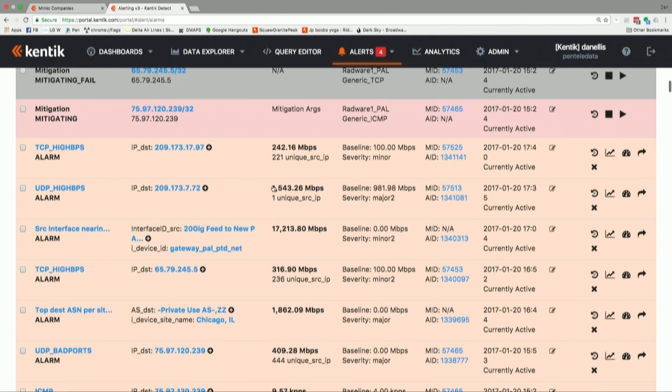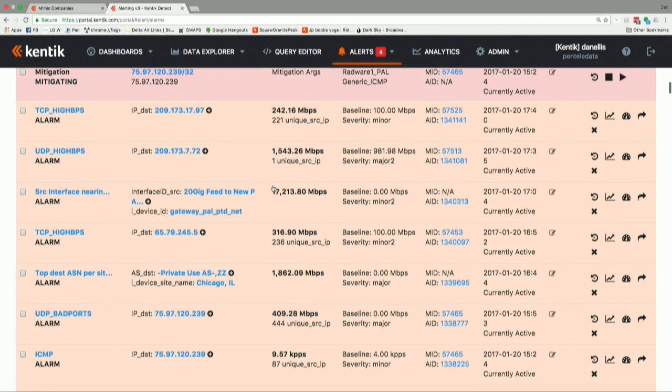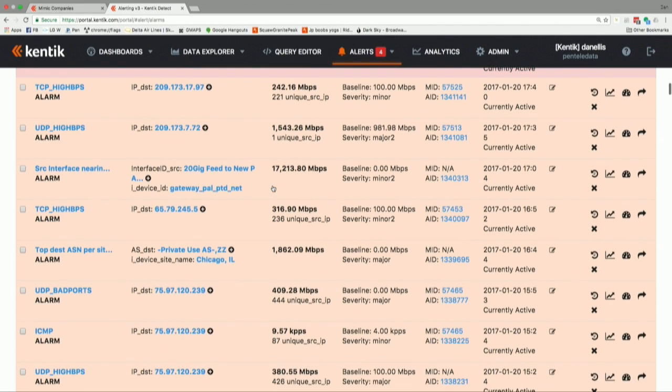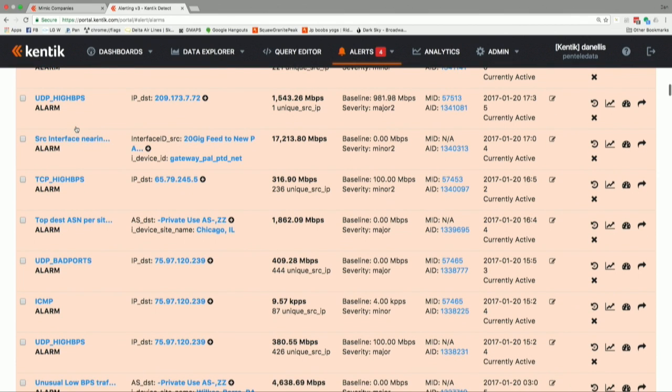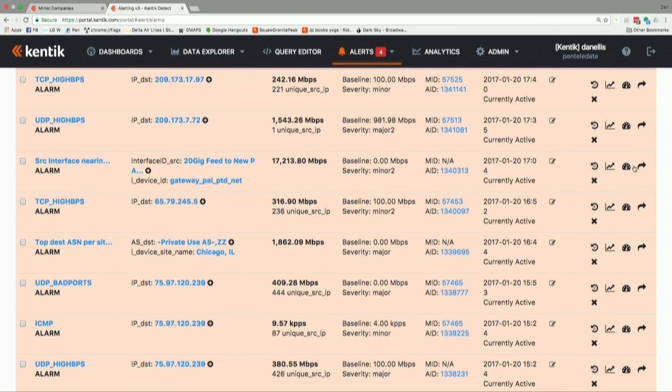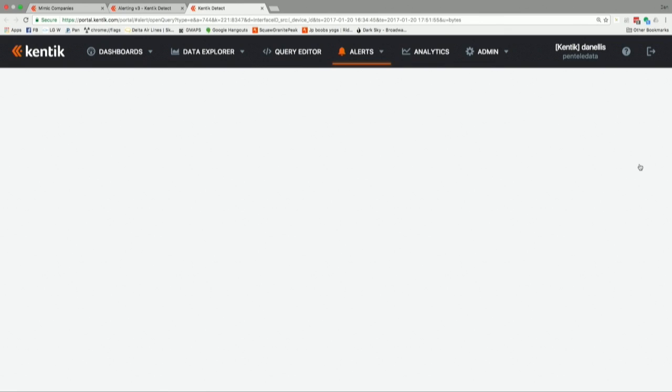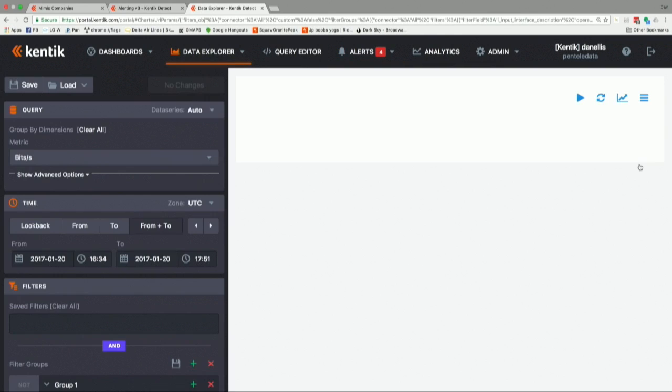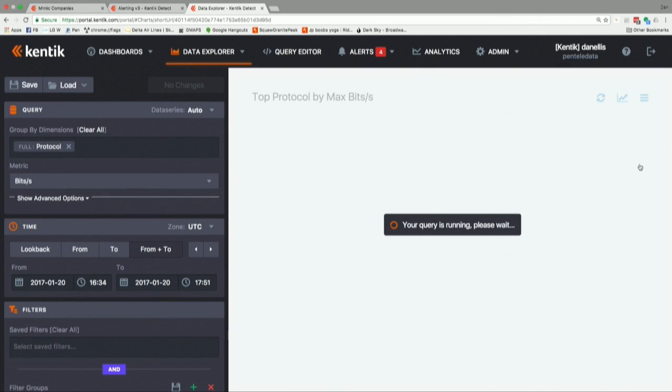Here we have a dashboard. Now this particular account, we've got things set very sensitive to throw off alarms. And what you can't see is what looks like green up there is actually orange on the screen. But we've got a whole bunch of alarms set for various things, from IPs that have high packets per second that they shouldn't have, to interfaces that are nearing capacity. So we could take this interface, for example, and open that up in the actual Flow Explorer and see what that traffic is. Maybe it's normal for this interface. Maybe it isn't normal. So let's